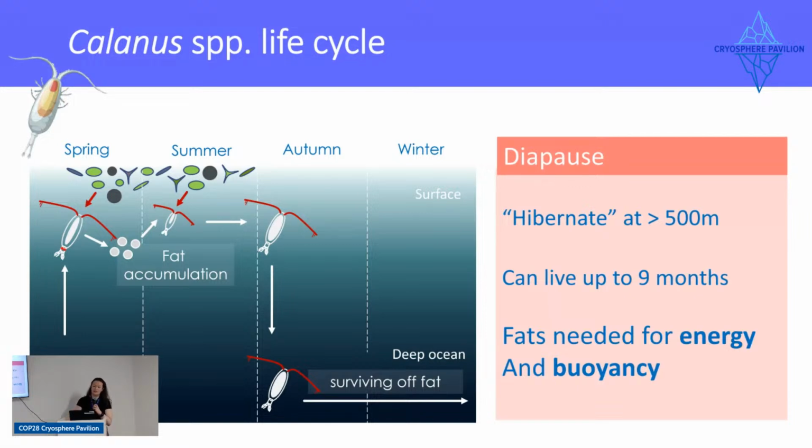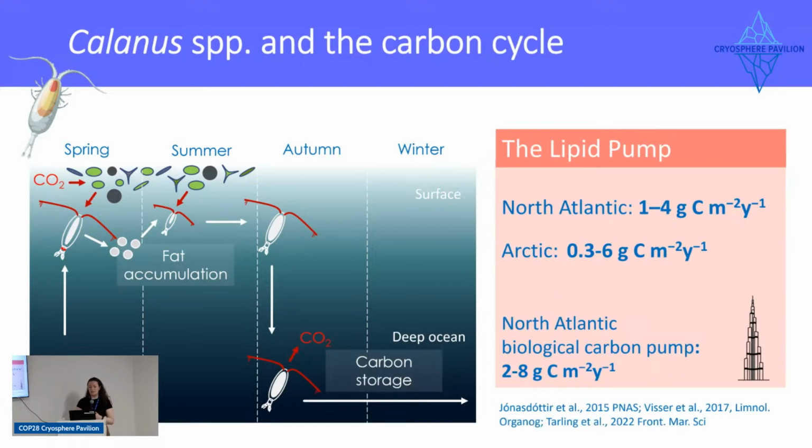And they also have to have a very specific type of fat in order to sustain their buoyancy for that long. This process itself is also incredibly important for storing carbon. So before, when I talked about the carbon cycle, I talked about all that phytoplankton and the zooplankton dying and slowly sinking through the water column, whereas now the zooplankton are actively swimming to depth, and then they're living at depth and they're breathing and respiring carbon dioxide at depth. And that stores a lot of carbon in the deep ocean very, very efficiently.